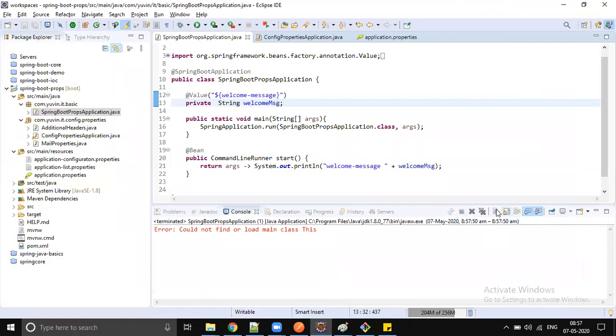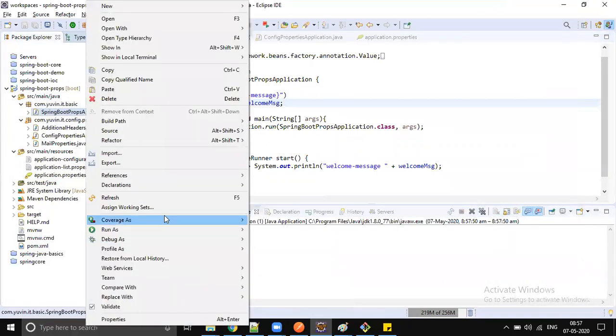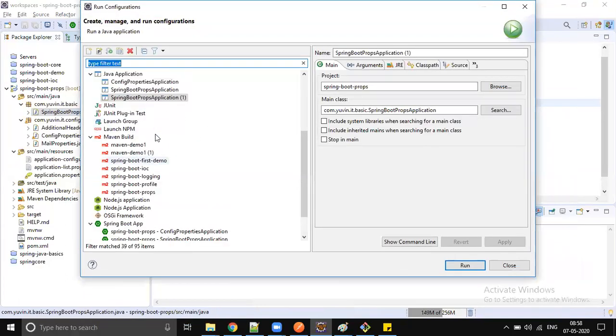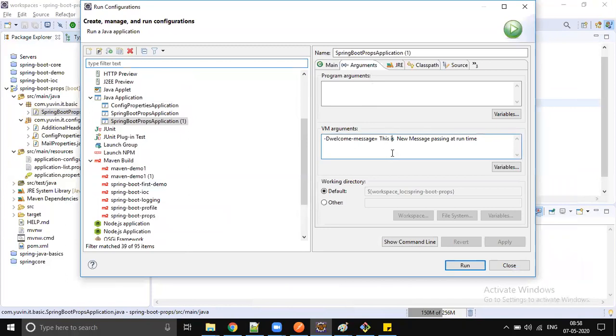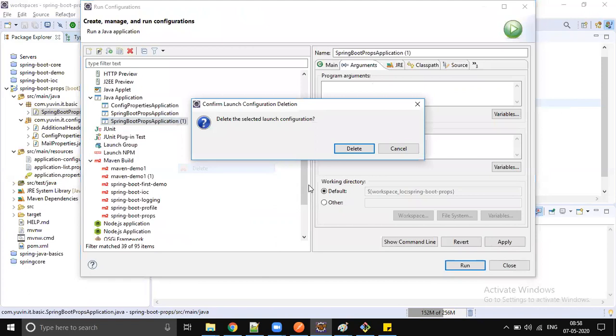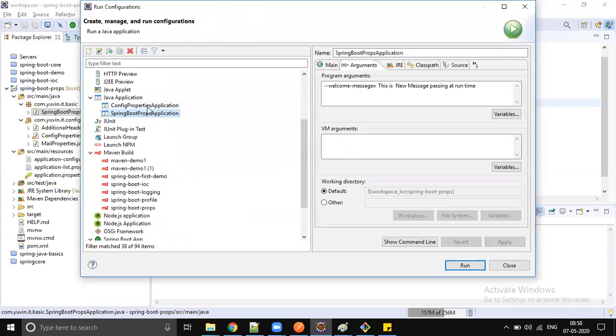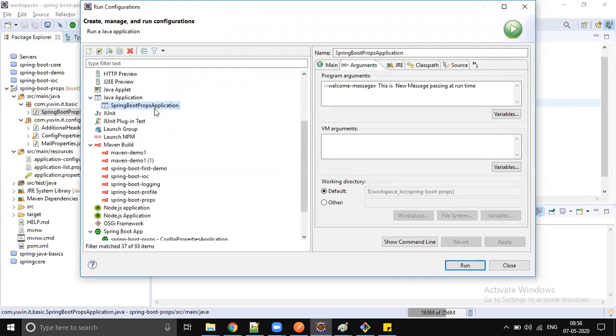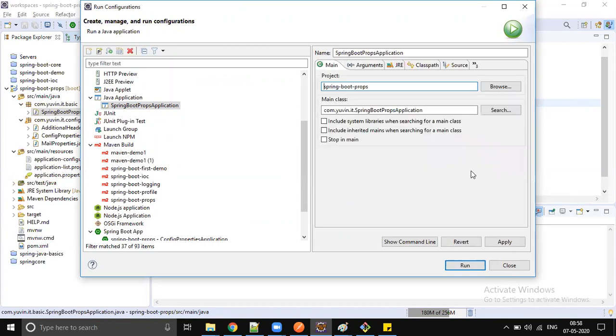Could not load main class. Run as configurations, arguments. There are too many configurations here. Let's do one thing: I just delete everything, delete this one also, so we will have only one configuration. Take it here, -D welcome message. Good. Run.